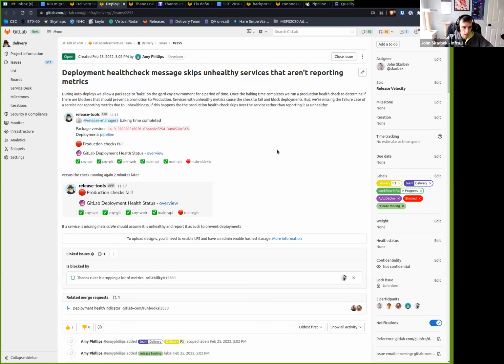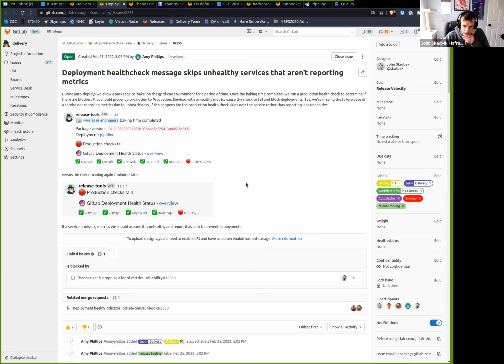A little while ago, we started to see more and more issues where, when production is ready to be deployed, or if someone is doing a feature flag change, we run a simple Prometheus query to determine whether or not our services are healthy. You can see from the screenshots that Amy provided, the main stage of Sidekick was not healthy during one run. And apparently 2 minutes later, someone ran the same command and Sidekick isn't here at all. And our Git stage went unhealthy.